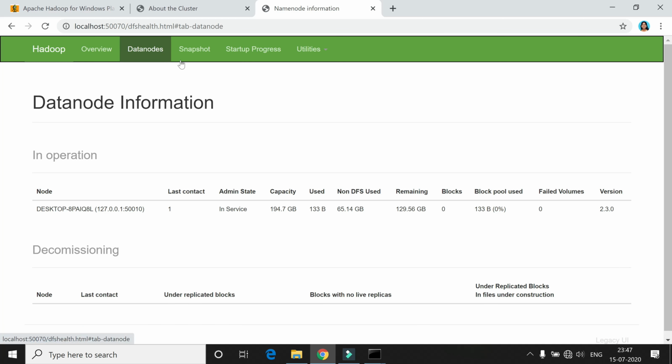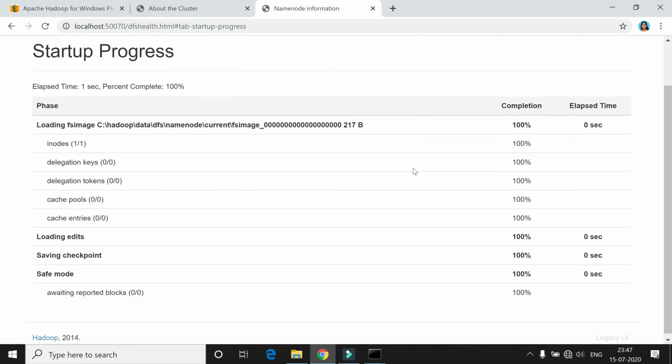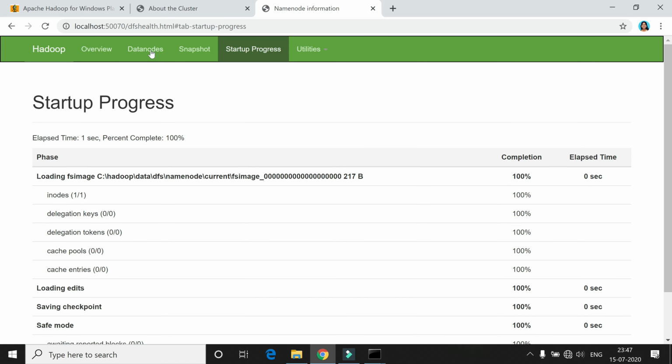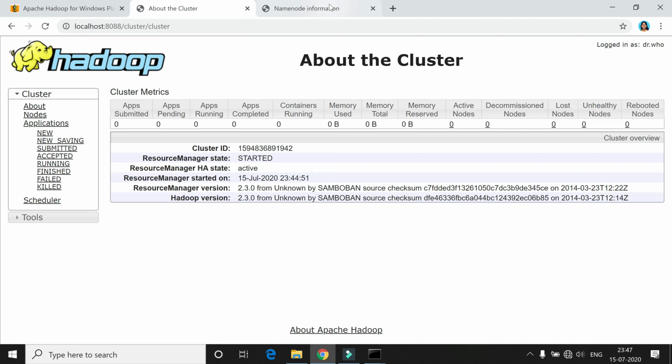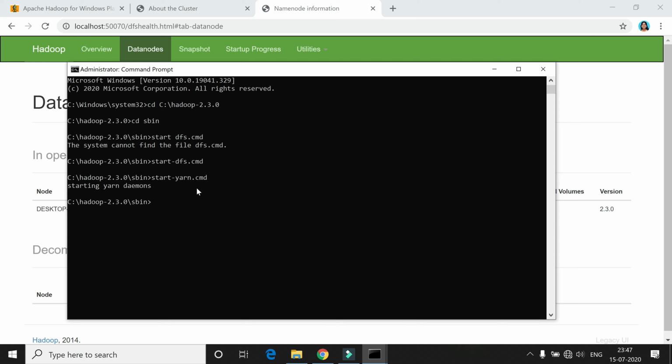Click on this data node. If both these windows are successful and all 4 windows are open in your system, then the basic installation of Hadoop 2.3.0 on your computer has been successfully done.